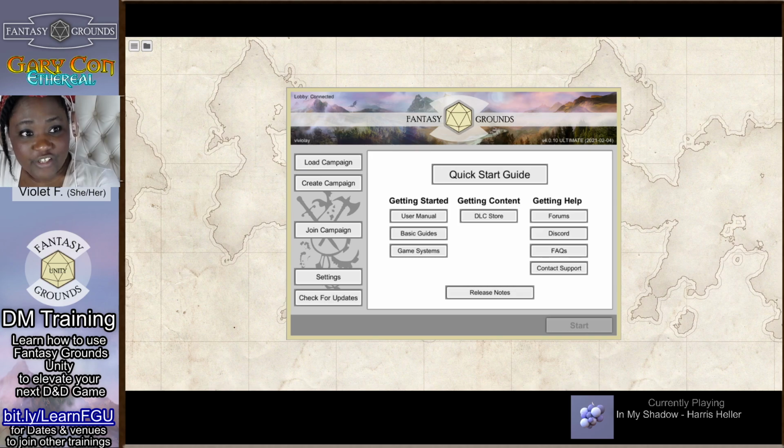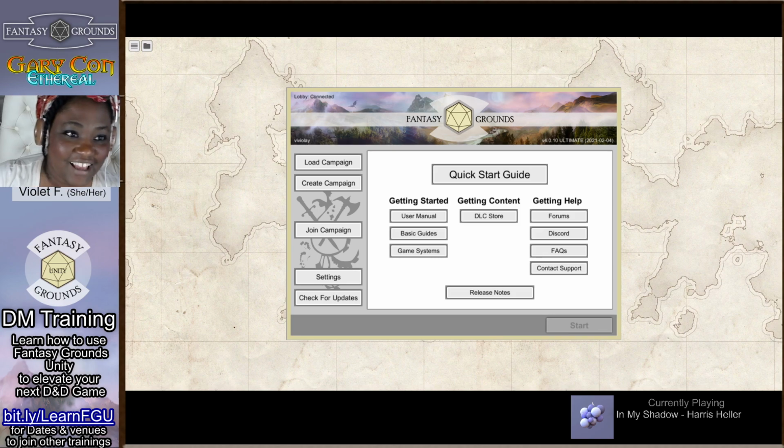If you've ever been curious about how to use Fantasy Grounds to run your games, this training is basically designed to take you from "I just installed the software" to "I can run a prepared adventure module or book" for Fantasy Grounds. This is actually being conducted as a class, so I have 3 individuals here who are taking the